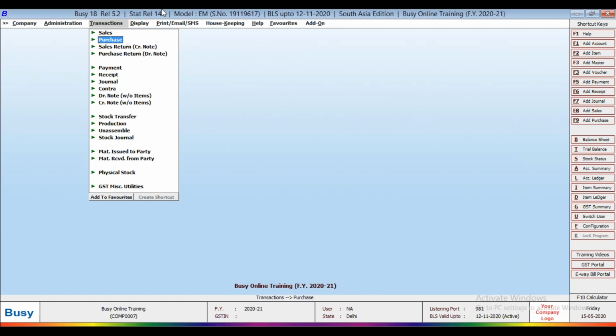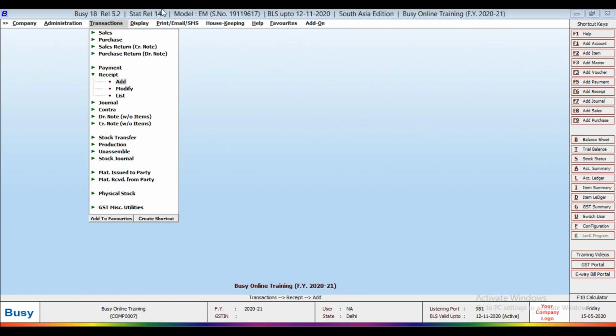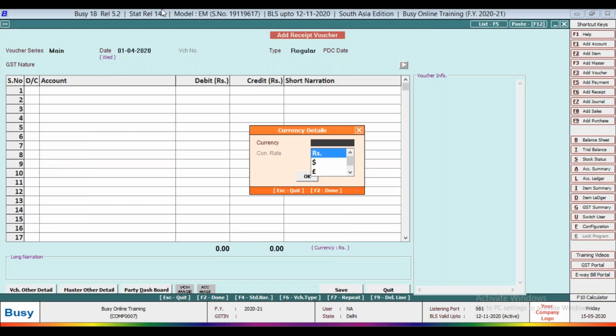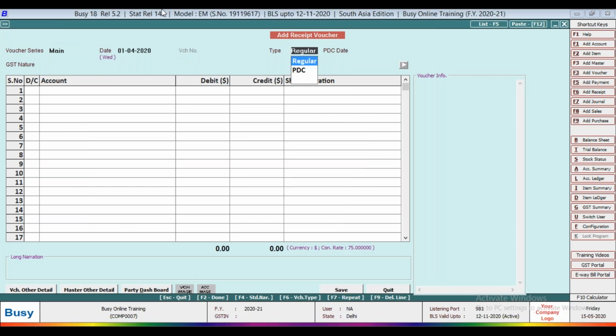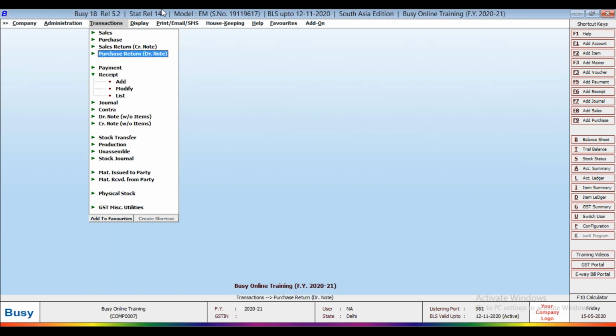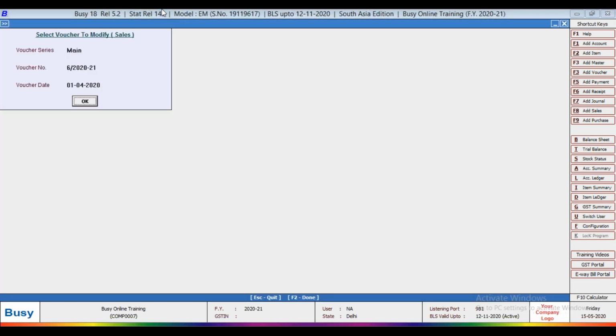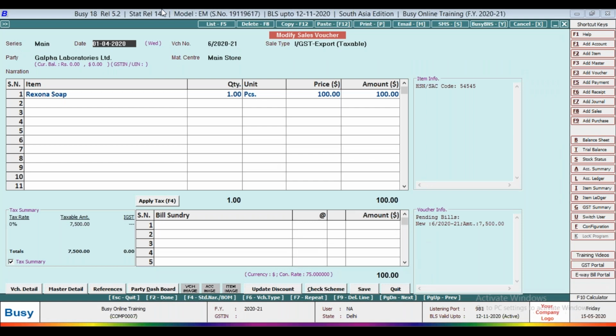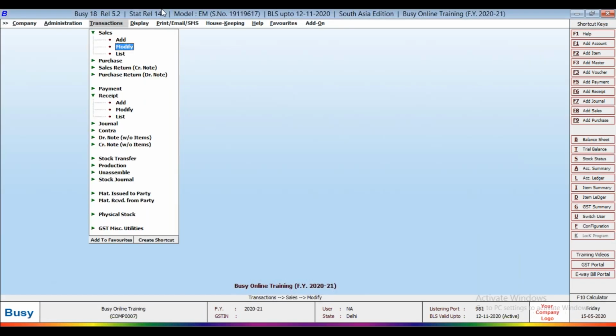So now at the time of receipt, suppose you have received some amount. Now do one thing. I have made an invoice on 1/4 and on that date the currency rate is 75 rupees.